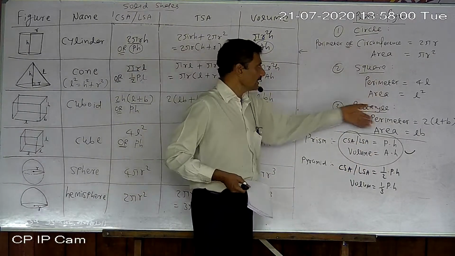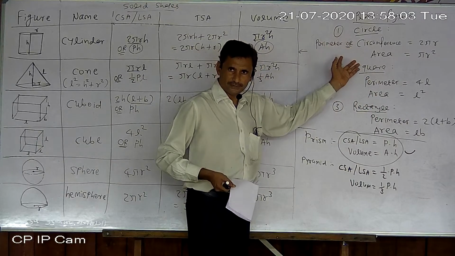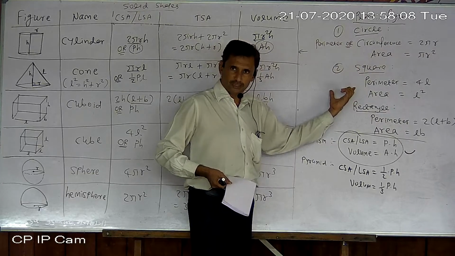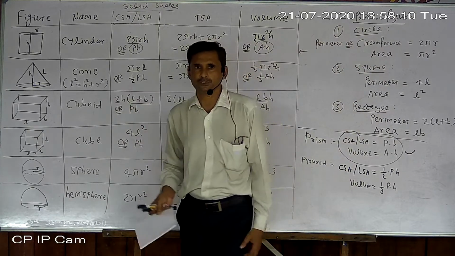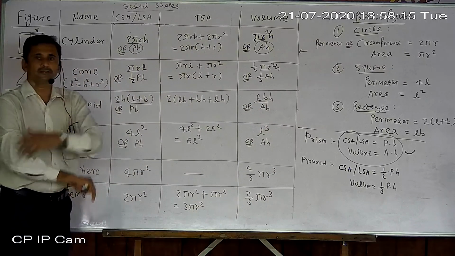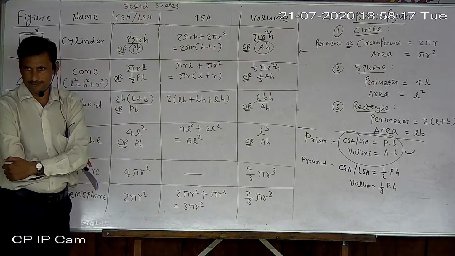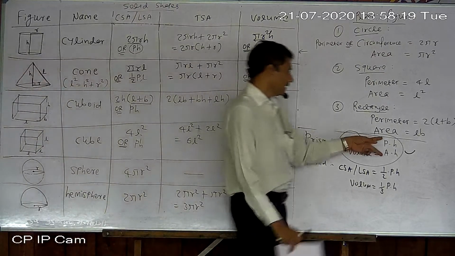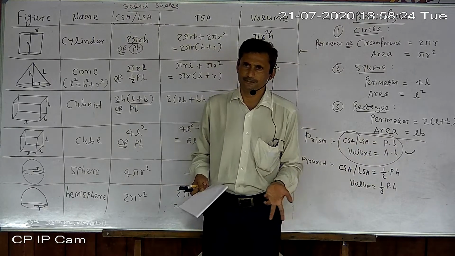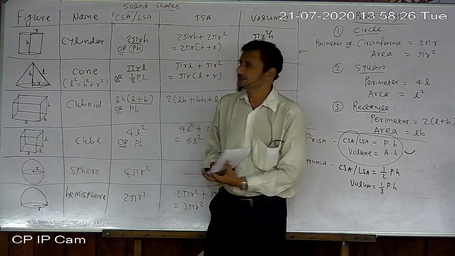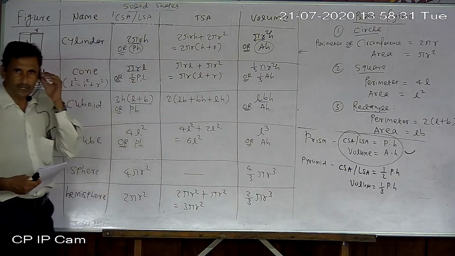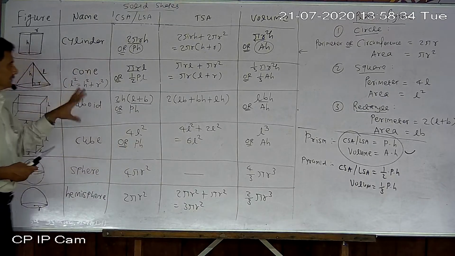And you have had these formulas for so many years. You are studying plane shapes for so many years, even solid shapes also. So I just want to lead you from plane shape to solid shape. Perimeter and area are of the base. Then what is height? Height is the height of the solid shape only. In plane shape no height is there. So height comes whenever a three-dimensional or solid shape is there. Otherwise no height will be there. Do you understand my point?